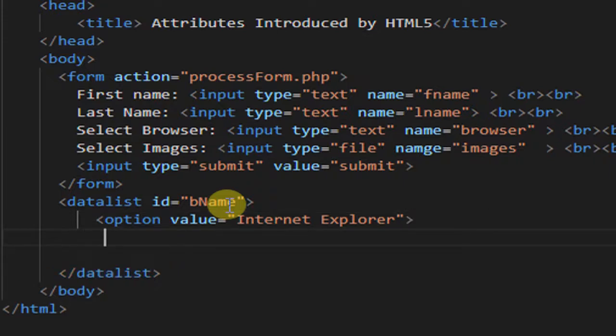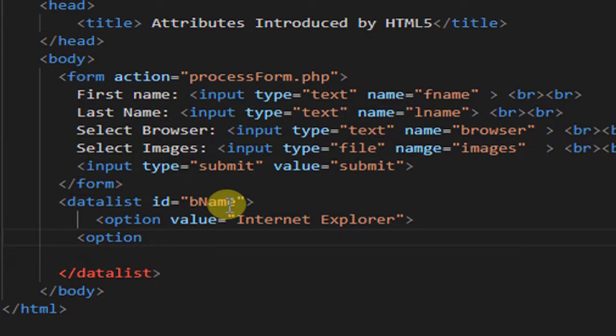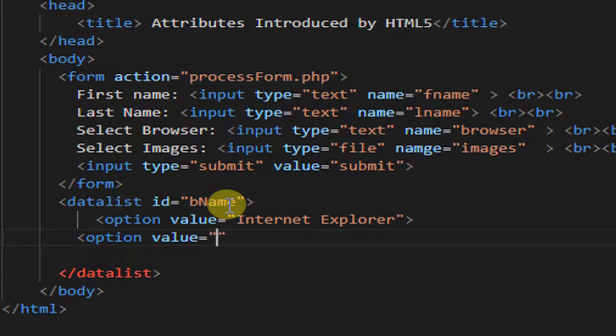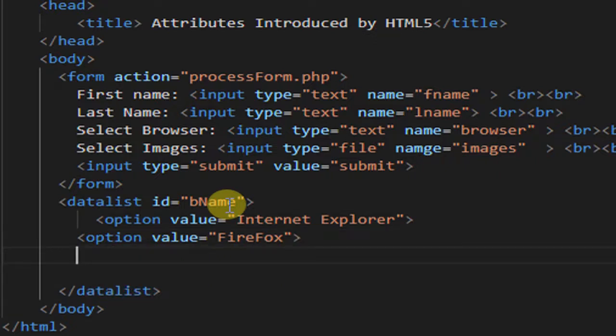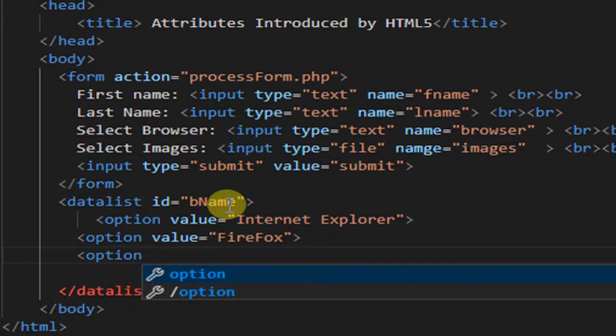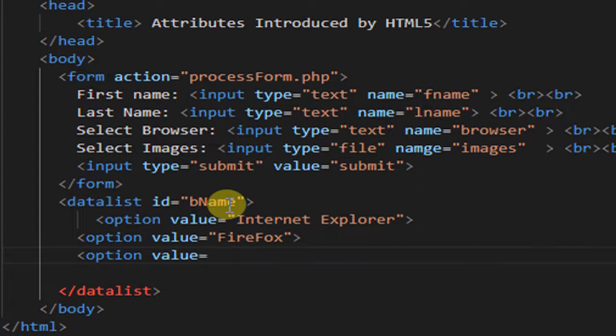Second option, value, Firefox. Third option, value, Microsoft Edge.